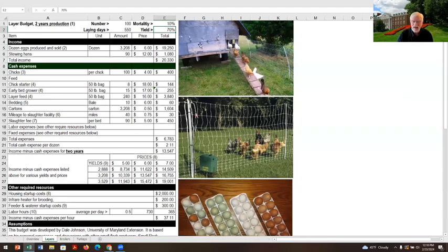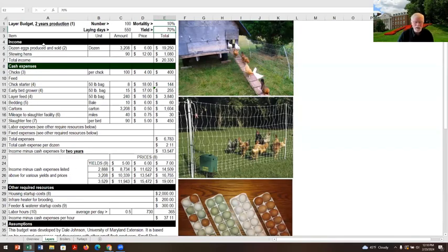Okay. And then, of course, with an enterprise budget, it's easy to change these figures. But I'm putting in a 70% egg yield. Out of 10 days, a hen will lay 7 eggs, or 100 chickens will lay 70 eggs. All right. So our enterprise budget is set up so that we have our income and our expenses, and then we look at some other things in our budget.